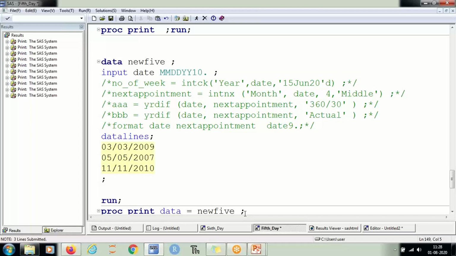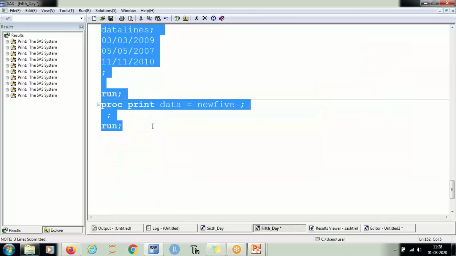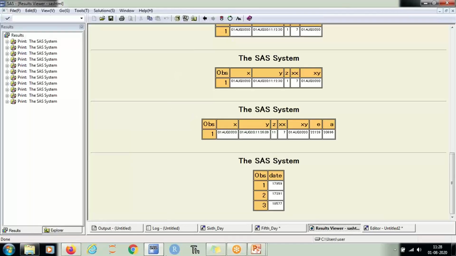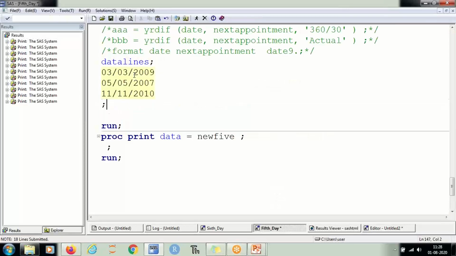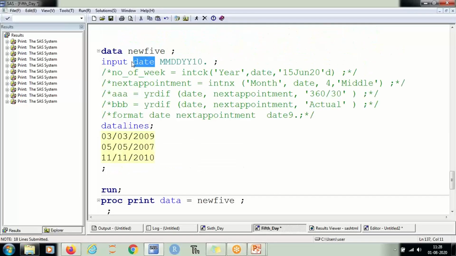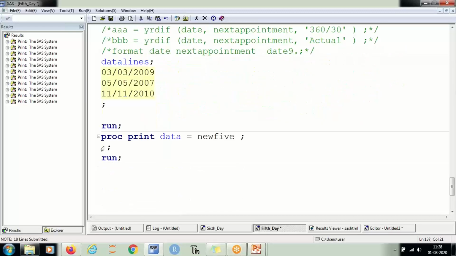Right? So I have one data which contains only dates, right? And if you want to see them in the same manner, then I can do one thing. I can create a format for them over here.